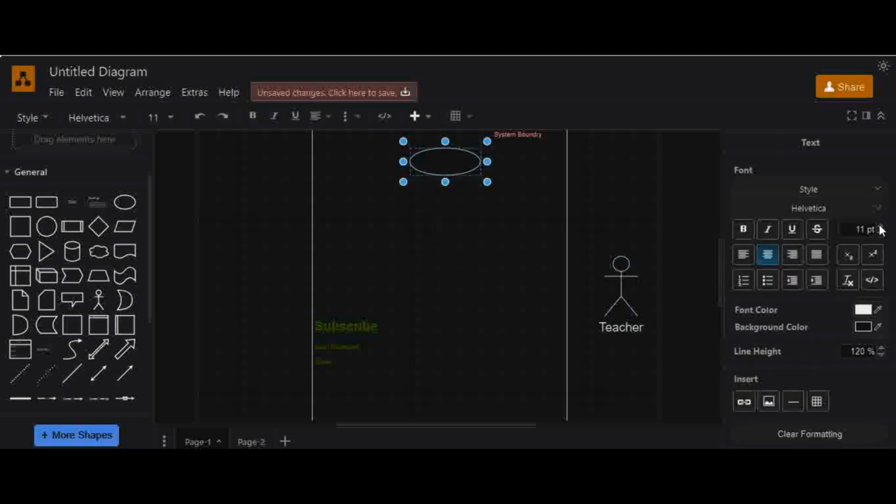Teacher can upload an assignment, or a teacher can also download assignment file.